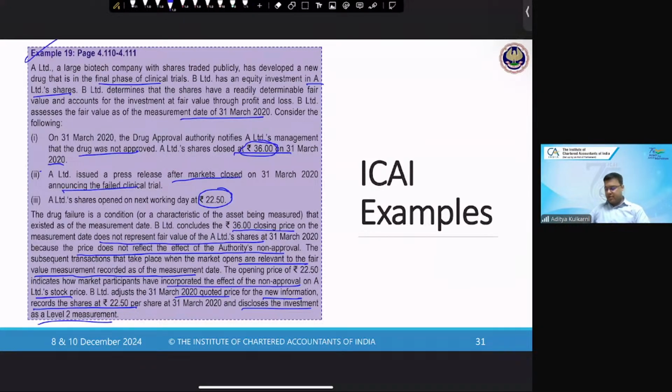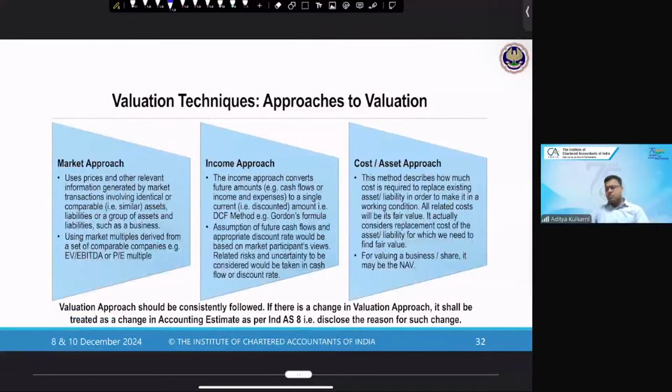So adjustments. Okay. Now, what are my approaches to valuation? Here we are deviating a little bit. This is strictly not accounting or reporting. Here we deviate and move into a little bit of financial management. There have been certain questions based on calculations of fair value. Since it is there, we will be covering that. Now, approaches to valuation.